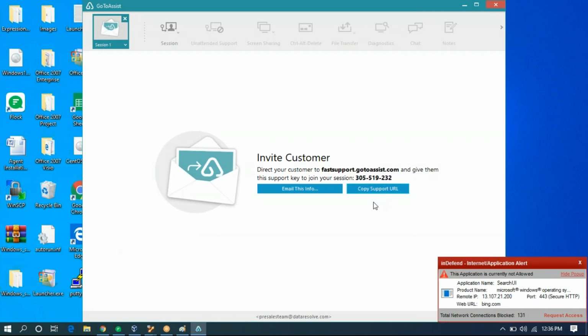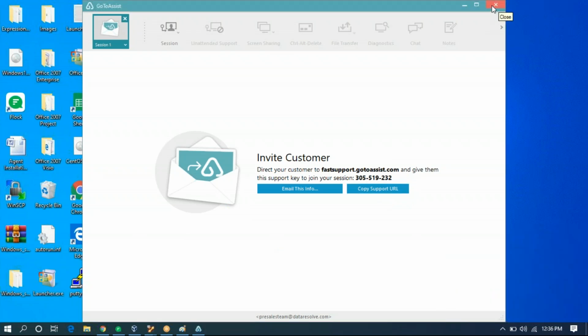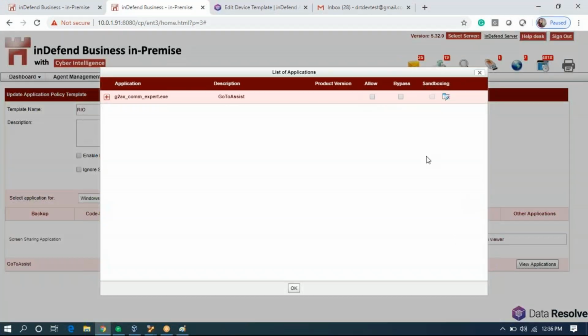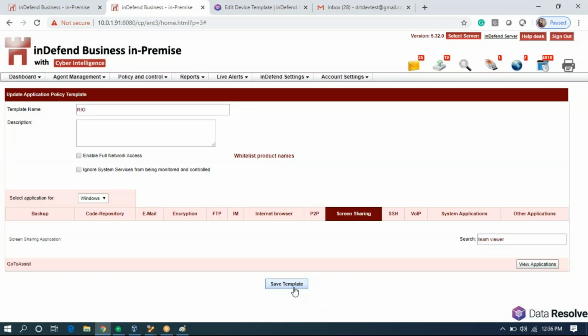It does have internet access, right? Now we will block it and then we'll check how it works. As you can see, I have unchecked it. So currently GoToAssist is not allowed. We will save this template.